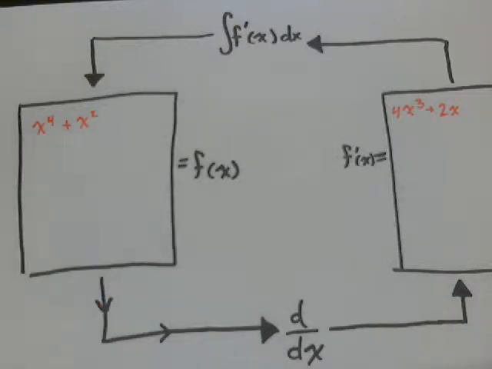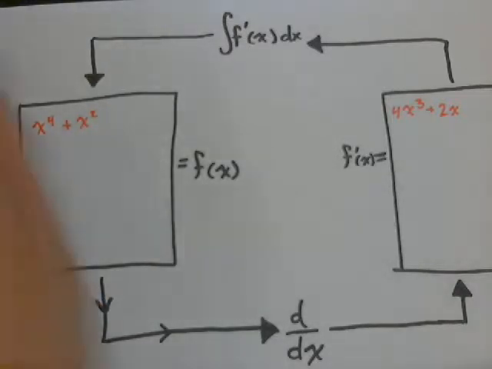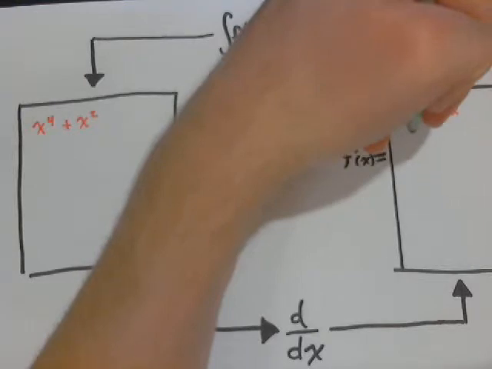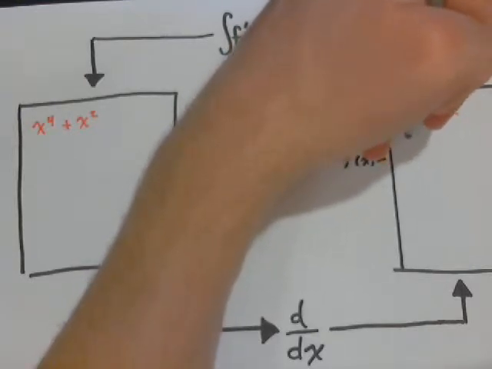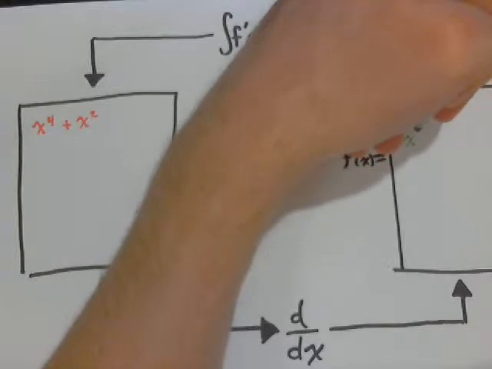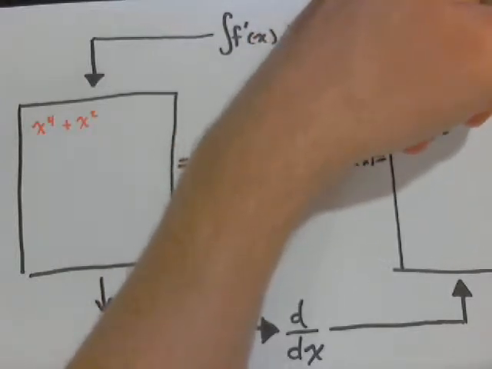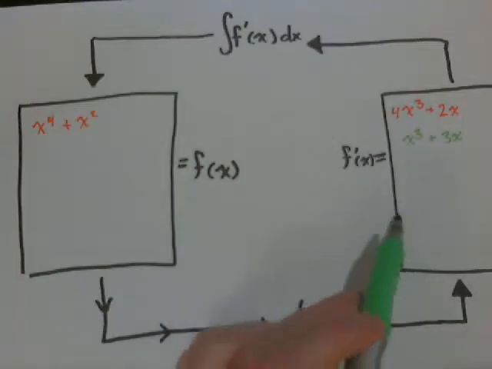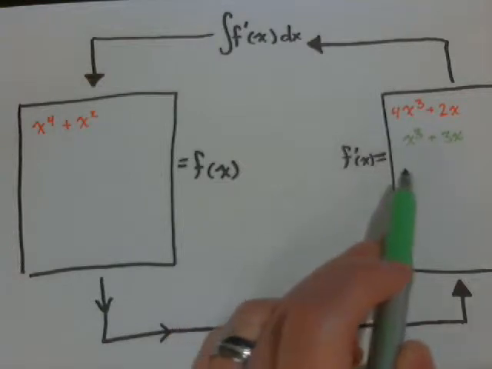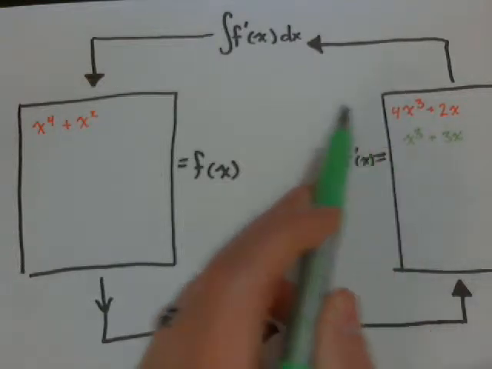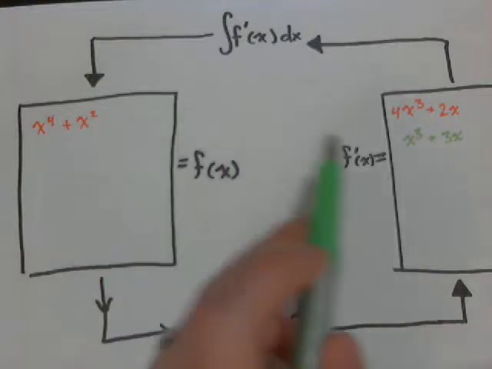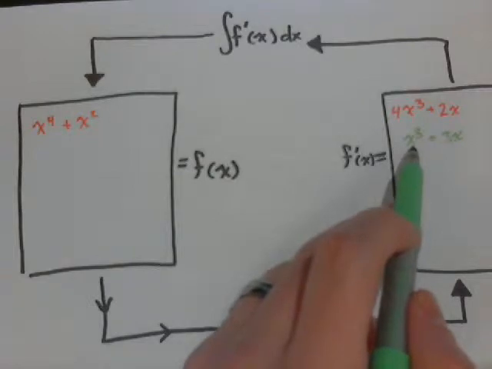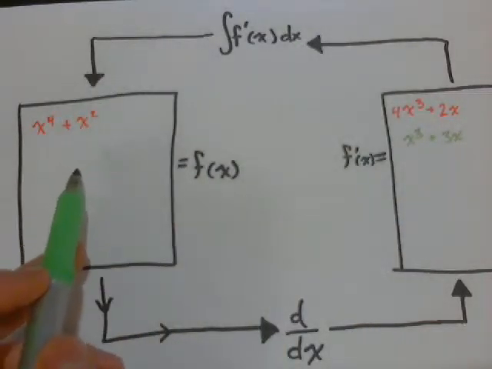So, for example, let's just make this simple. Let's say that you started with x cubed plus, let's say, 3x. Okay, so if you know the derivative of some function is x cubed plus 3x, then what would its antiderivative be? What would be the original function that gives you this derivative? So what you do is you take this back over here and you solve for the antiderivative. So you say, okay,